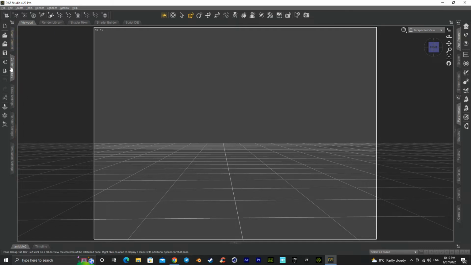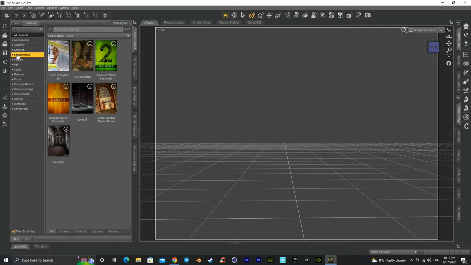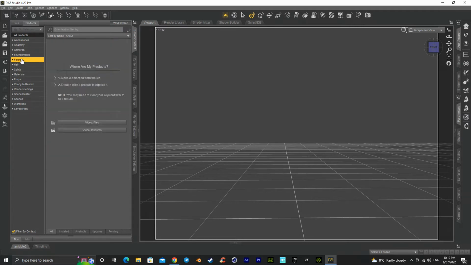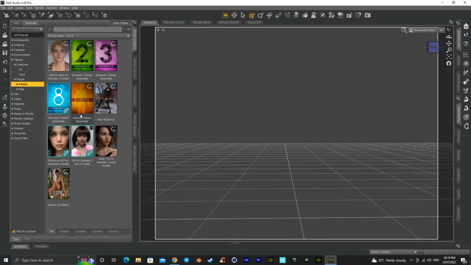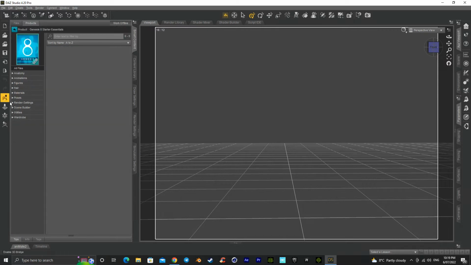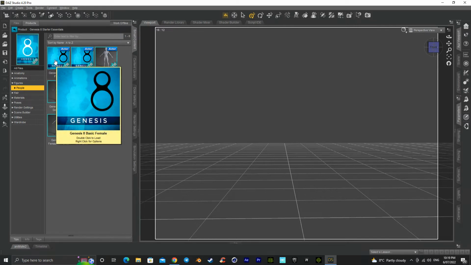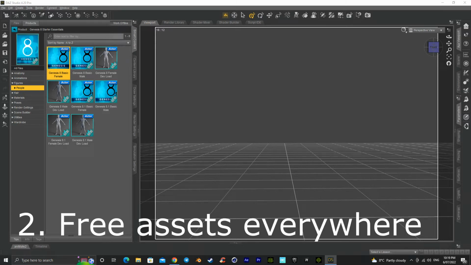If we were to go up into your starter content, okay, all the things that you've got from actual Daz, right, they will be in here. Your accessories, anatomy, cameras, figures, and you can use a lot of them as the default. So if you went into your people and then your Genesis 8 starter, then down into your figures, and you can go to people, and if you want to, basically I've stuck with the Genesis 8 basic female and, pardon me, the man. I've got a lot of assets now, and one of the things you've got to remember